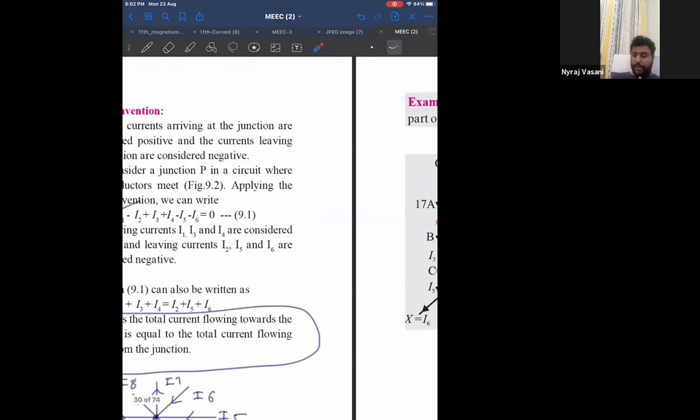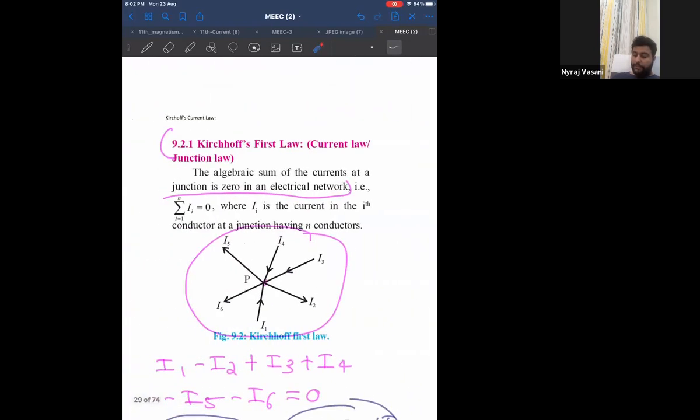If you look at the law, the algebraic sum of currents at a junction is 0. In our example, there are 3 junctions. So at every junction, I have to apply KCL, then your answer will be correct. You cannot take everything together as one system and apply it. In many cases, you will get the right answer. But maybe with bad luck in the exam, you might get the wrong answer because the approach is wrong. Did you understand? In each node, if you apply KCL, it is correct. If you take the whole system and apply KCL, it is wrong, because KCL has to be applied to an individual junction.